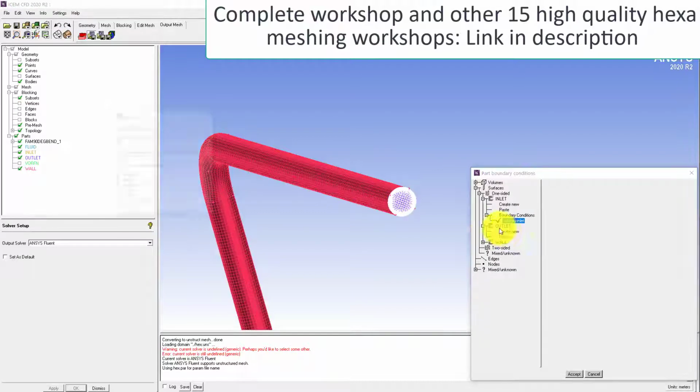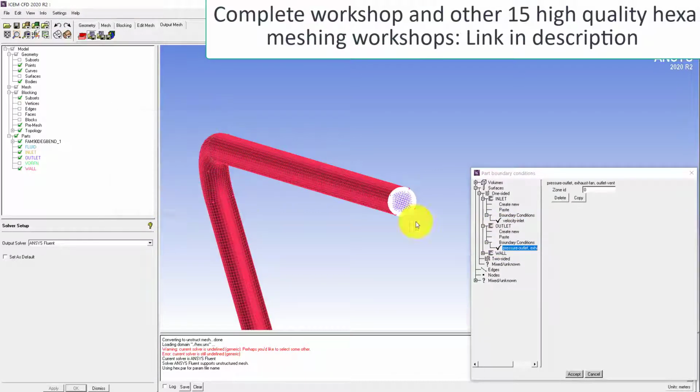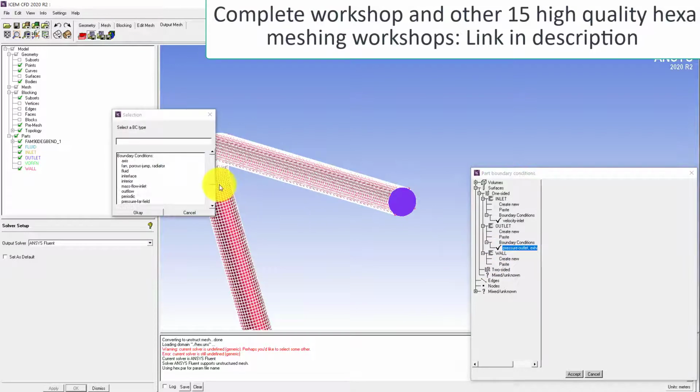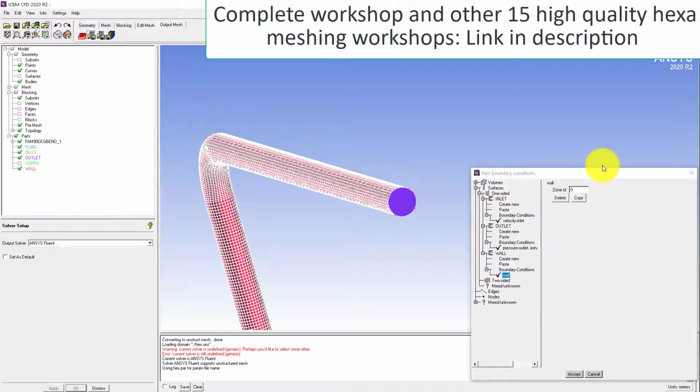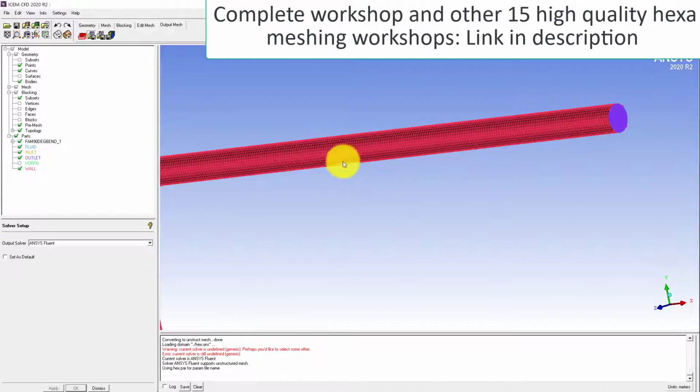And for outlet, the common boundary condition is the pressure outlet in most of the cases. And for the wall, we need the wall condition, unless we are going for the slip condition. So even the wall can be made as a slip condition inside Fluent. So these are set here, these are 3 boundary conditions.